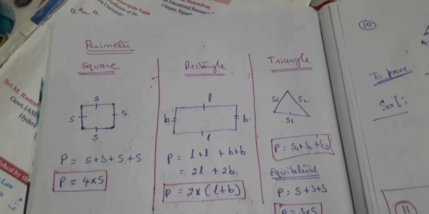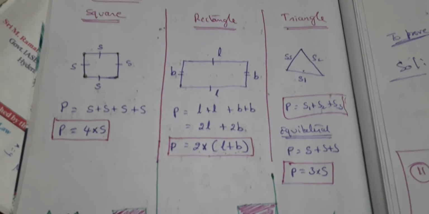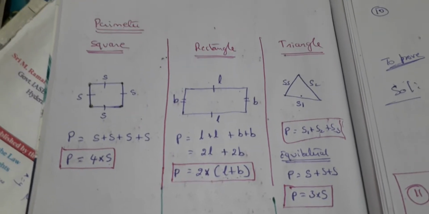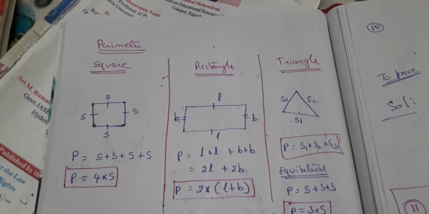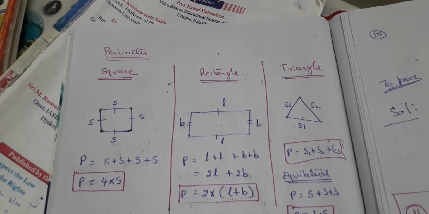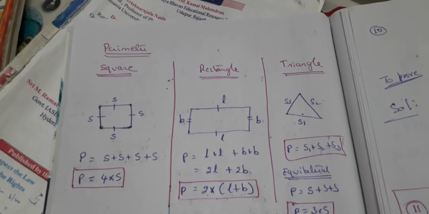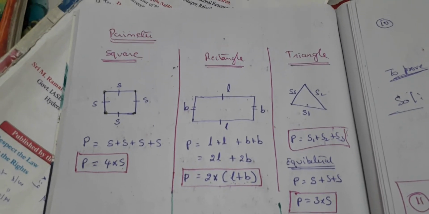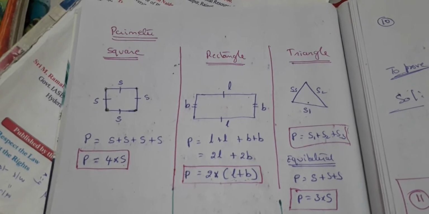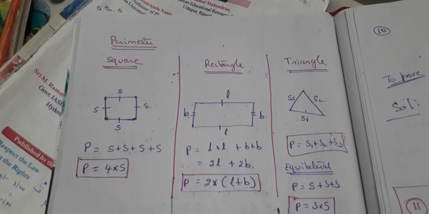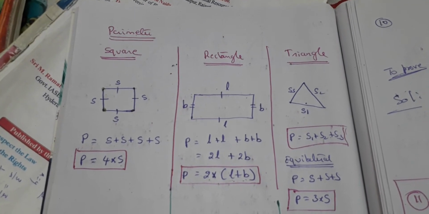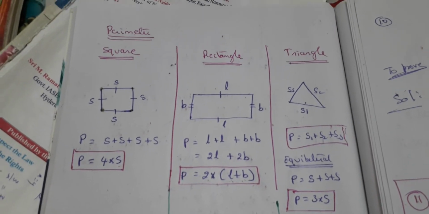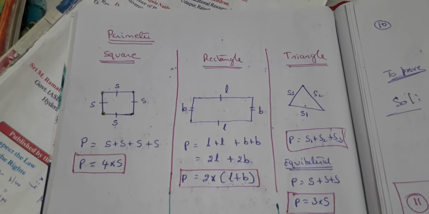So perimeter of any other things you have seen in your earlier classes. Suppose a paper leaf is given to you to find out the perimeter. What you have to do is, along the boundary you are going to put a thread without disturbing the shape of the leaf, and then you will find out the total length of the thread. So that gives you the perimeter of the leaf. If it is not a specific geometrical figure, then you will be taking the help of a thread.